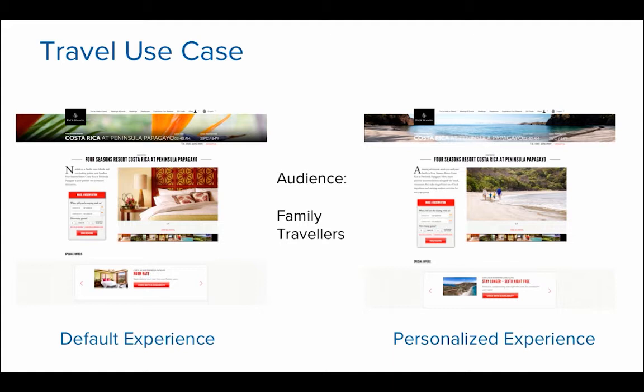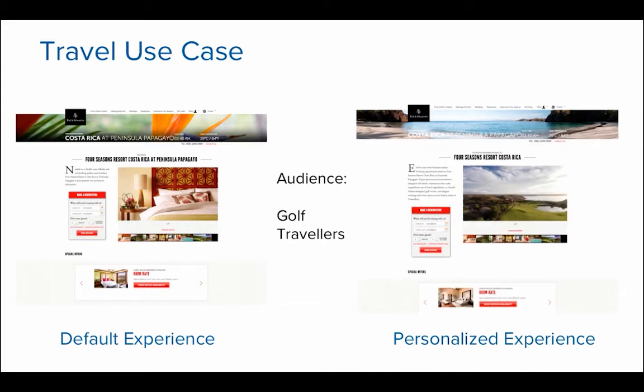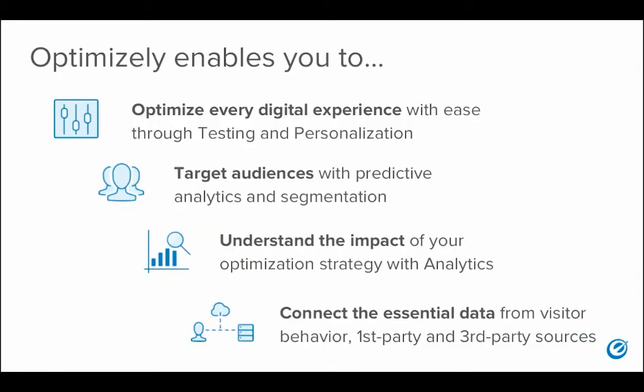And to really, lastly, drill the point across, if you've identified your users as golf travelers, an image that actually encompasses a golf resort has a much better chance of converting your users in comparison to the default experience. So, there you have it. Optimizely by itself makes it really easy to make changes to your site, regardless of what your role is at the company. Coupled with a product like Audience Stream, you have the opportunity to give your users a really personalized experience. So that's it here.